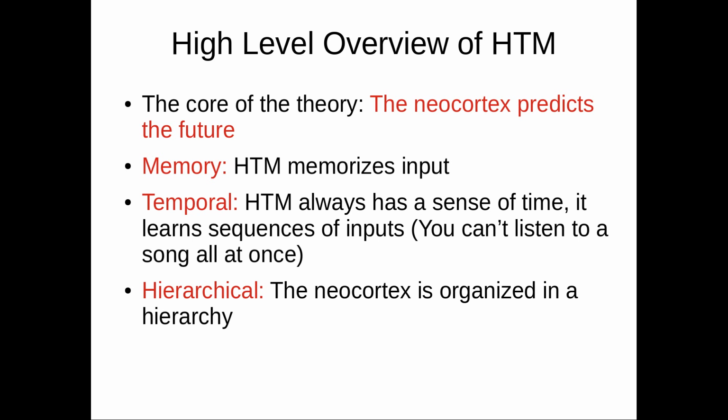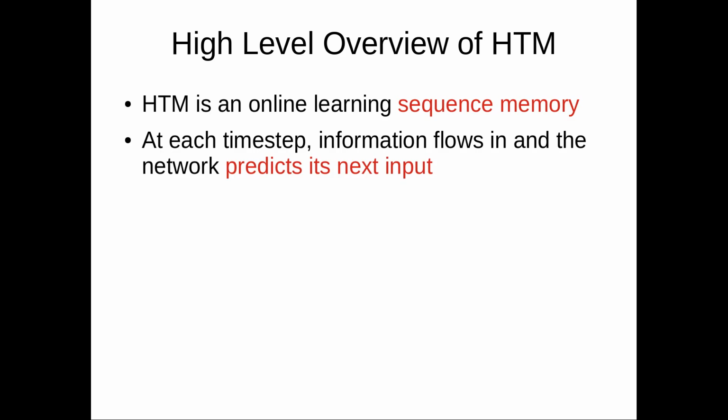I'm not really going into the details right now. So, HTM at its basis is an online learning sequence memory. It learns sequences of whatever its input is, and then uses those to predict its next input. Some information comes in, it tries to predict what the next time step will be. Pretty simple. Now, there are many more complex functions that the neocortex does in a real brain, like attention and